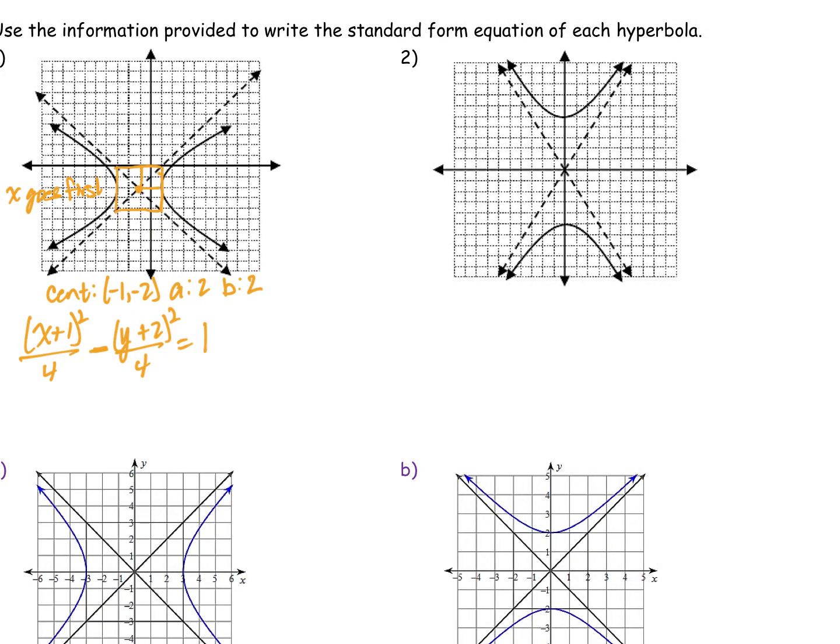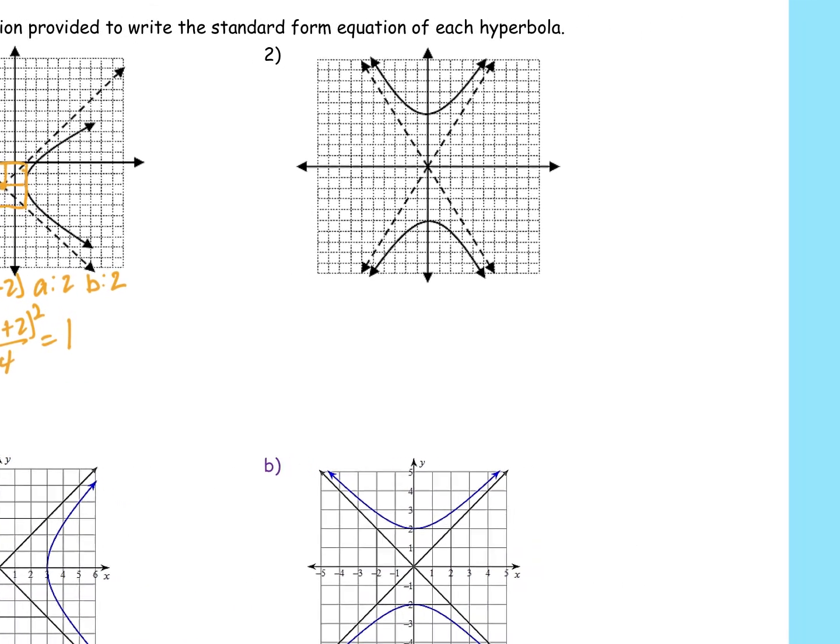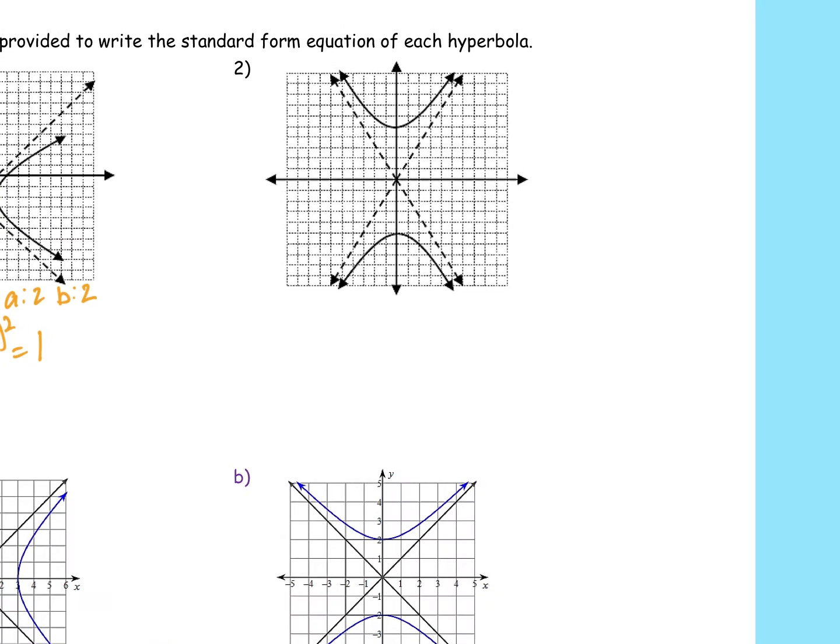Number 2, most of the rest of them are pretty easy to find the rectangle. They're kind of drawn in. These two, they are not. So it's a little bit more difficult. So my center is at 0, 0. And then A and B. So I can draw this out here. It's going to go out and touch my